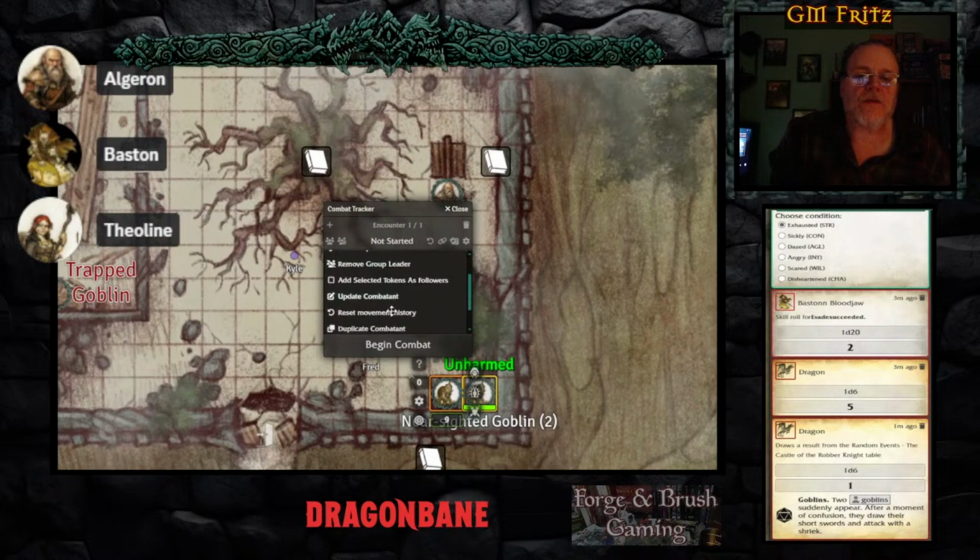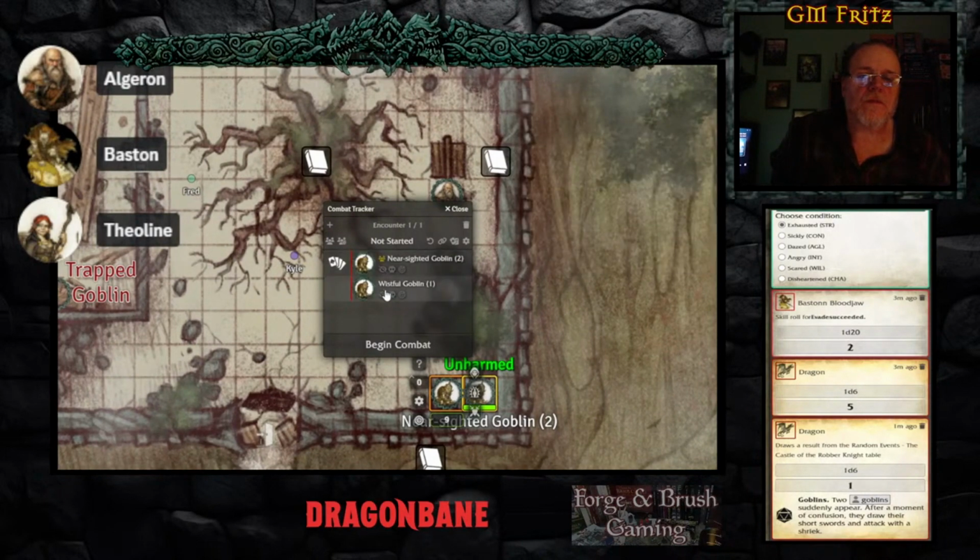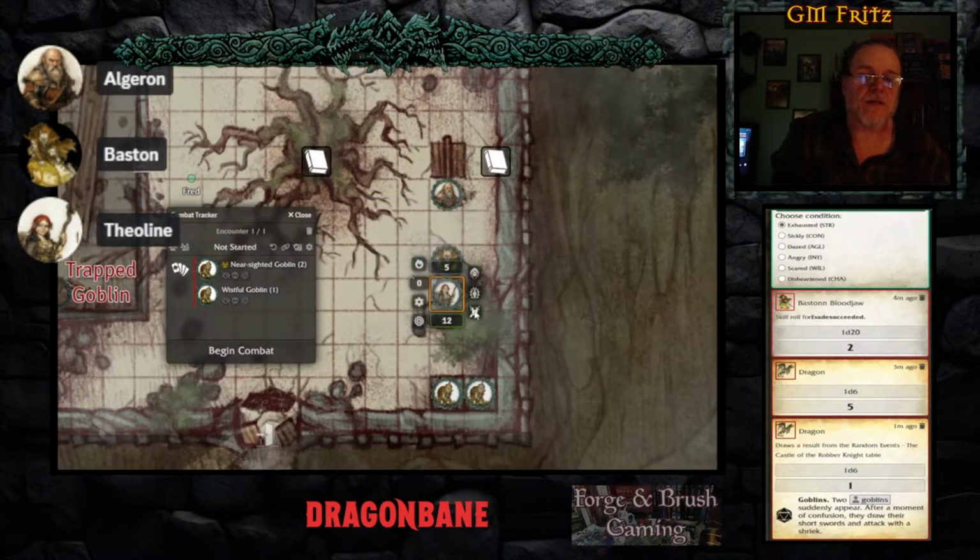Let me see how I do this. Update combatant. Okay, let me put you guys in the combat tracker. Two more of them come out of nowhere. So go ahead and